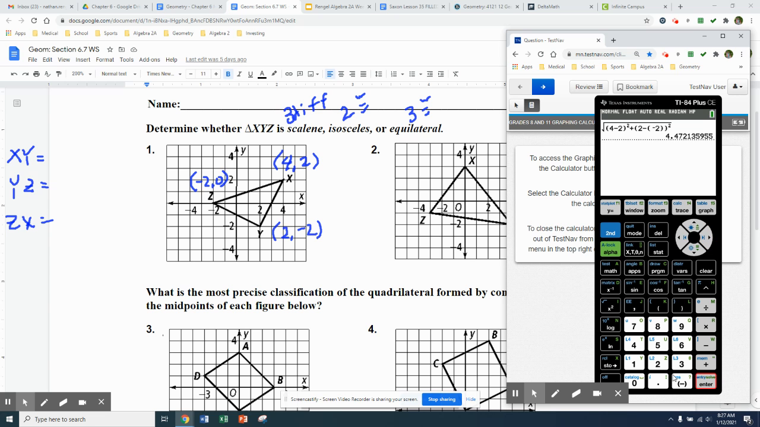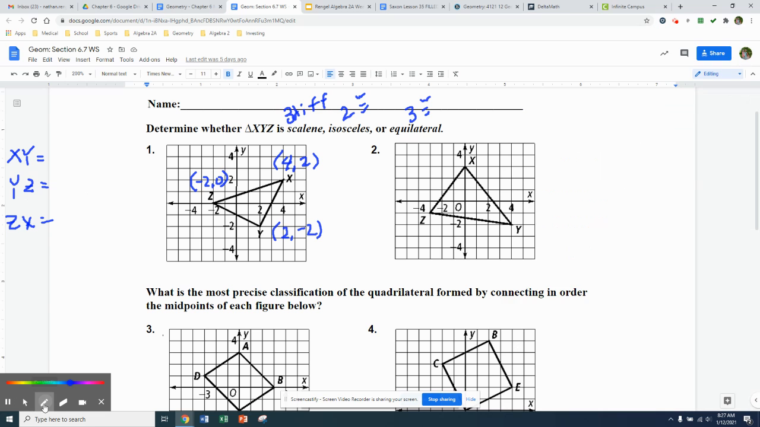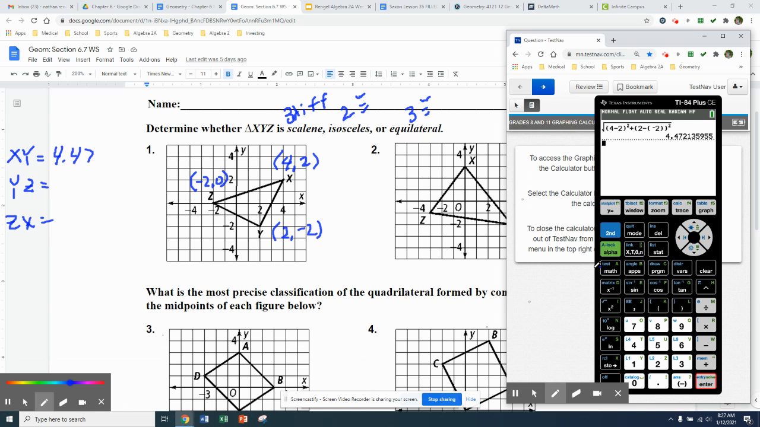I hit enter, and I get about 4.47. So I'm going to write down 4.47. That's going to be roughly my distance between those 2 points. Okay. Heading into my second one. So now I'm going to find the distance between y and z. Typing this in took me a little while. Here's a little trick you can do with your calculators, and most calculators have the latest software that can do this. If you hit the up arrow,